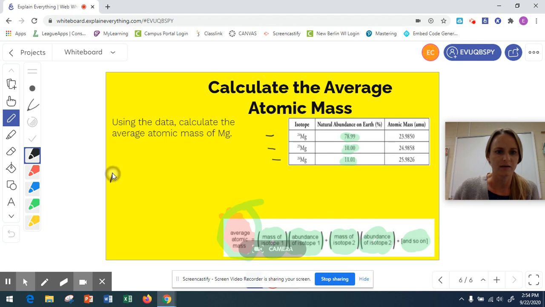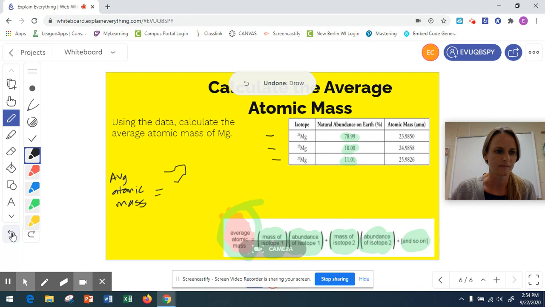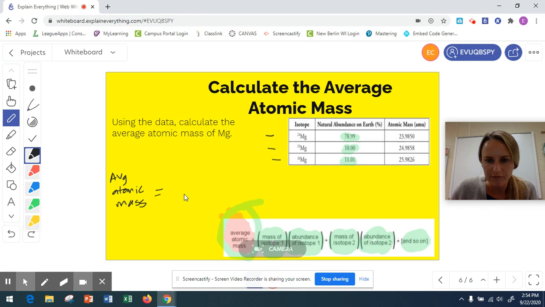So we can take our average atomic mass and say that that's equal to, well, we don't want that scribble mark. Let's delete that. All right, so the average atomic mass is equal to the mass of isotope 1. So we'll say the mass of isotope 1 is that first one, and it says that the mass is